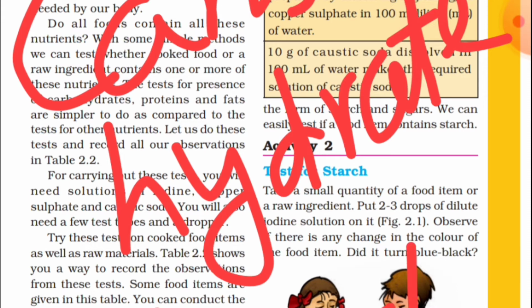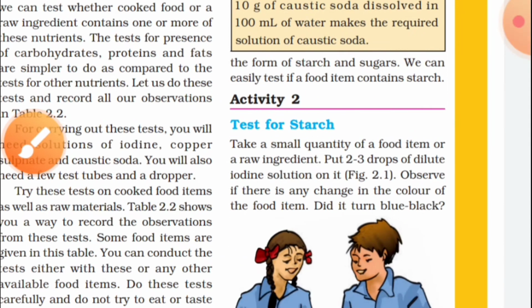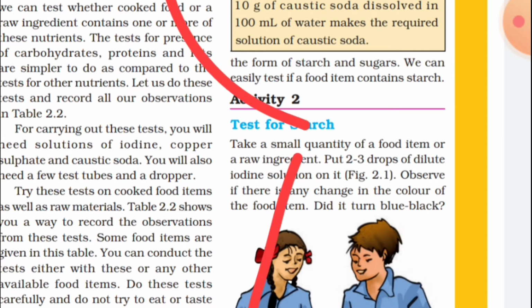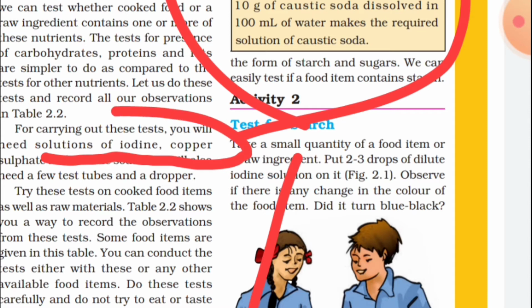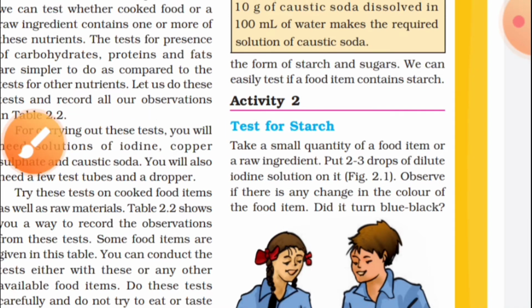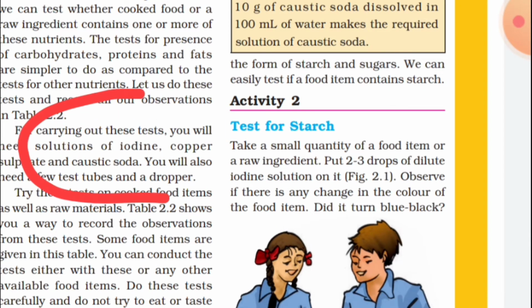Before going to this test, you have to know this very clearly: the solutions of iodine, copper sulfate, or caustic soda. Suppose there is no